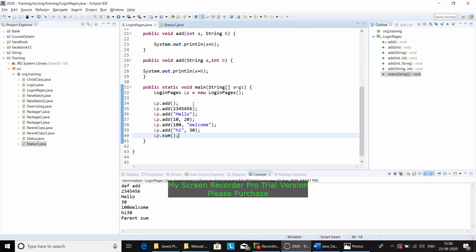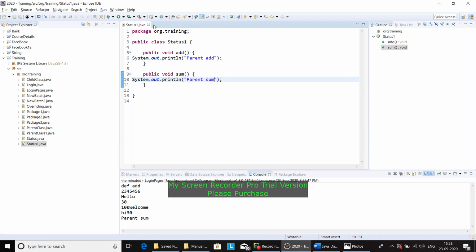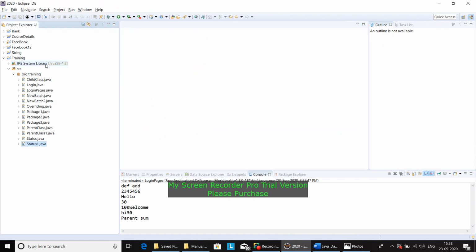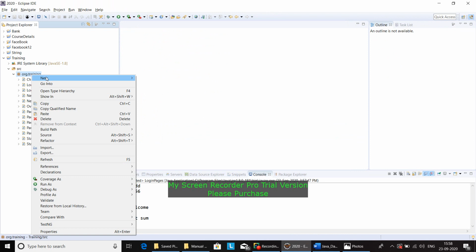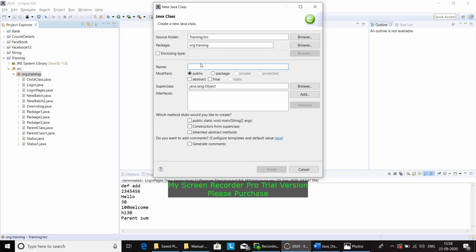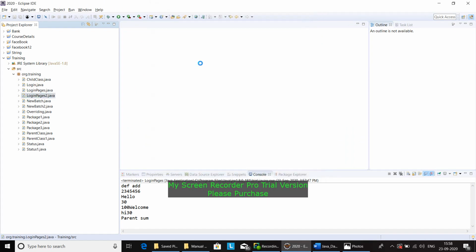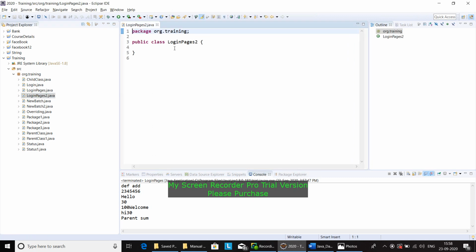Okay, if you want, I will show you a new example. Let's say I will create a new class. I will name it as login pages 2, and I will create a method called add.